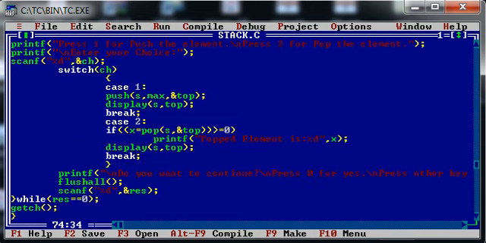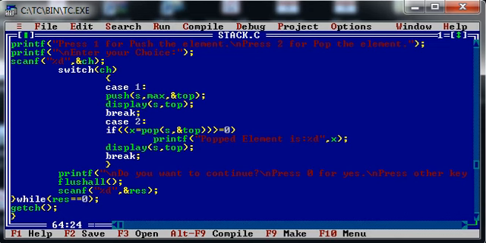Now case number 2 is for pop operation. Over here my pop function returns me an integer value. Now what does it return? If the stack is not in underflow state, at that time it will return me the recently popped element, or else it will return me the top position. That is, if the stack is in underflow condition, then it will return me negative value. It indicates that the stack is empty or stack is underflow.